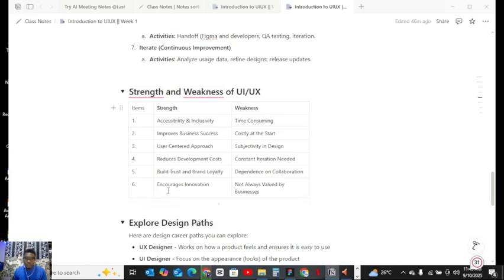So number six, the strength is encouraging innovation. Definitely when you come up with your design ideas, or you come up with a product, you define the kind of product you want to work on, you do a lot of research, now you have a lot of information here and there. So you begin to think, you begin to ideate, that's the function of innovation. You begin to ask, okay, how can I make this better? How can I expand this? How can I make this presentable? How can I make it easy to use? And all of that. So it encourages innovation.